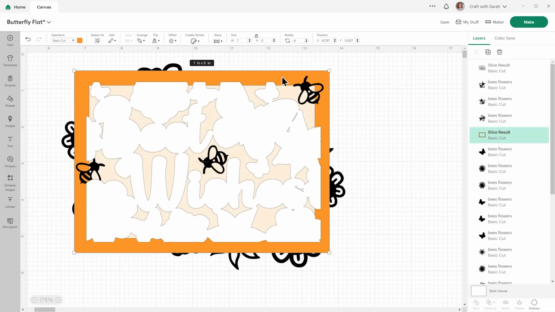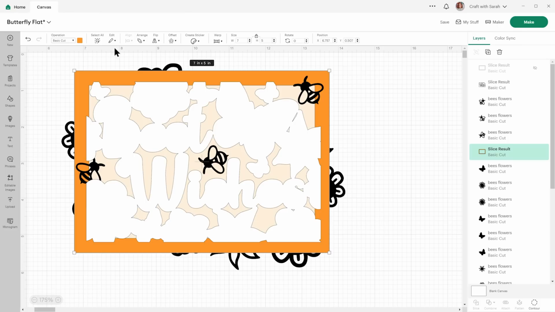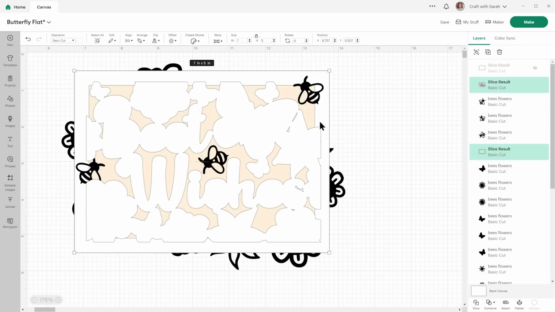The easiest way to do this, to duplicate it exactly in the right place, is to press the Alt key on your keyboard, then move the mouse a little bit with that Alt key pressed and you see the cursor changes. So this is mine without the Alt key pressed. Press it and move the mouse the tiniest bit, and you see the cursor changed. So now there's a little plus icon. Single click with the mouse, and that will duplicate the layer. Now you've got a copy and it's in exactly the same place. I'll hide one of them, make the other one white, and then weld that together with the offset layer in here.